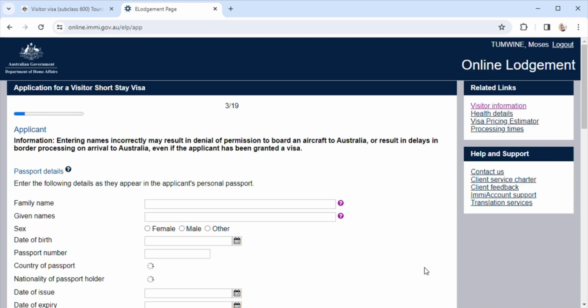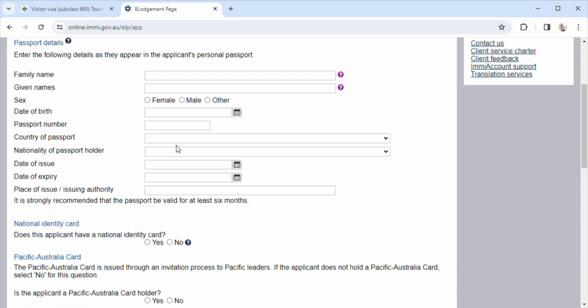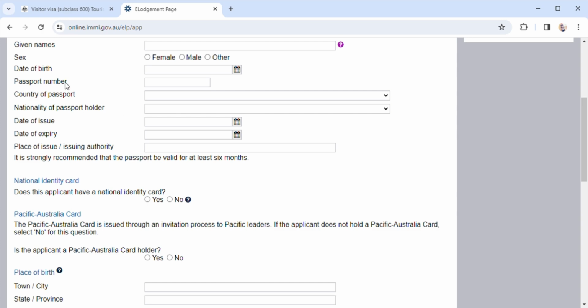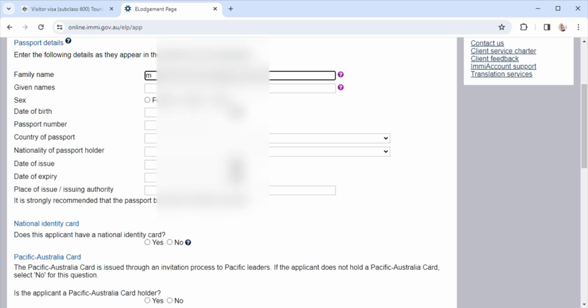So, family. Here they are asking you to give names, family name. You put your names here, then you give the given name, male, date of birth,